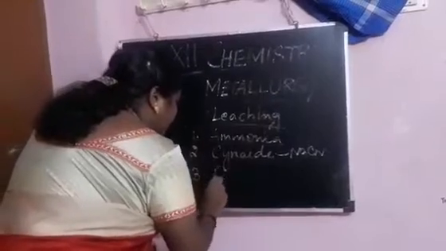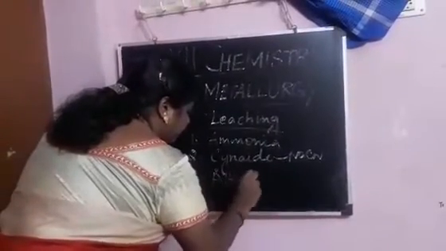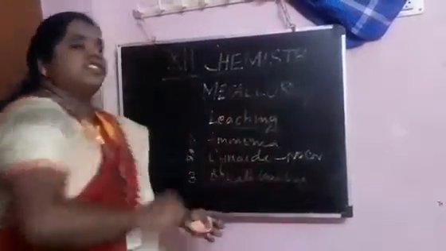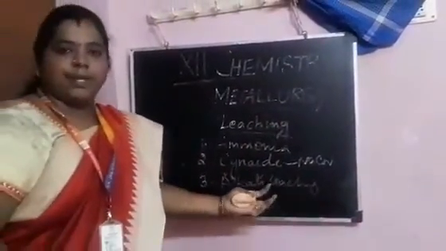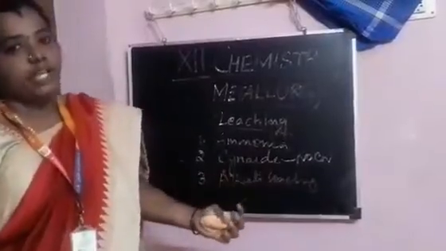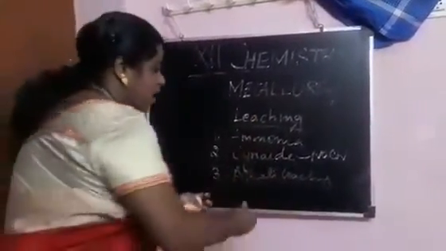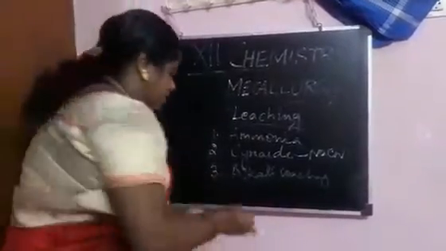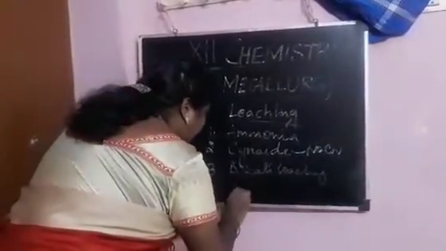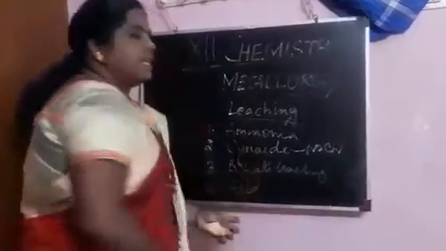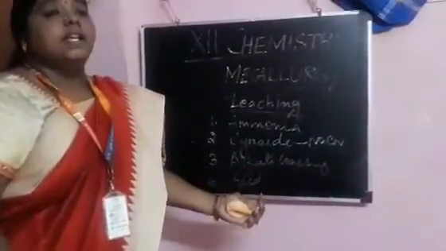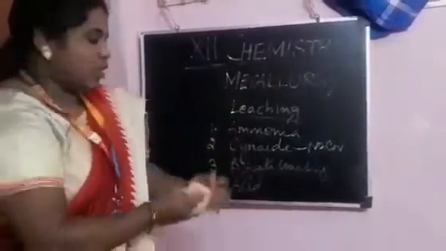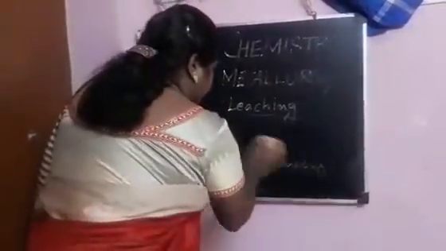And the third one is alkali leaching. Alkali means a base. Any kind of base can be used to leach the substance. For example, sodium hydroxide, ammonium hydroxide, etc. And the fourth one is acidic leaching. Acid leaching is nothing else but that some strong acid will be used for the leaching process. So these are the types. And the next method is